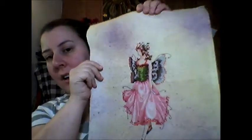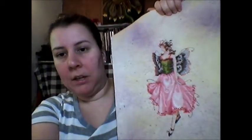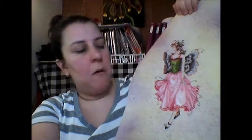So I did that a couple nights, and then since I finished Star Trek and Snow White last month, I knew I wanted to complete Rose. So I did. It took me a total of 13 days to complete her of stitching, and this is my first attempt at beading, my first attempt at hand-dyed fabric, my first Krennic stitched. I mean, I did some blending filament on Snow White, but I've heard some of you, I won't say complain, have some of your issues with Krennic,